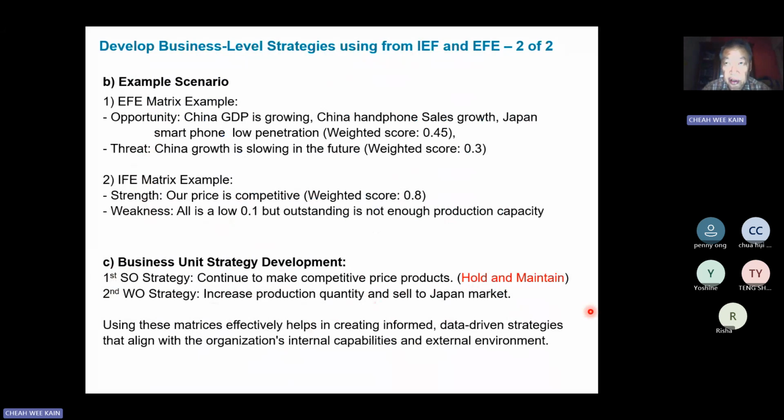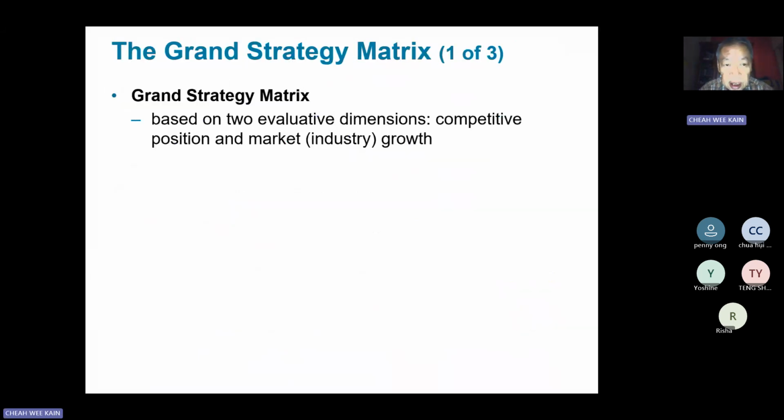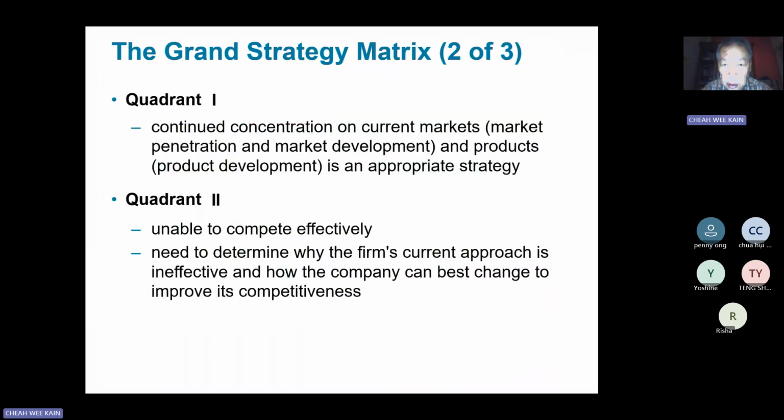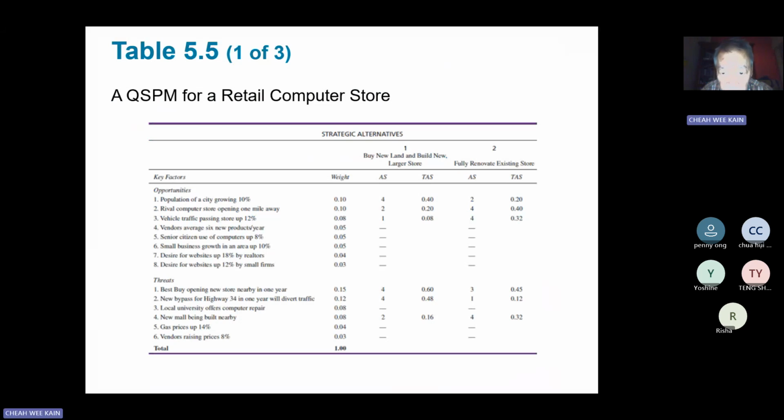That's how we make strategies. Okay, the rest is not so important. This is just to inform you there are other strategies. Again, they didn't tell you what to do. Okay? So now this is the